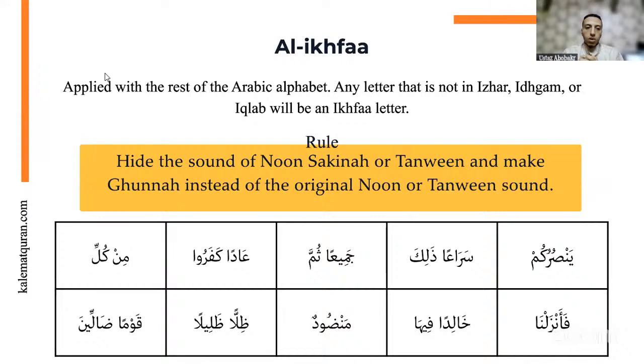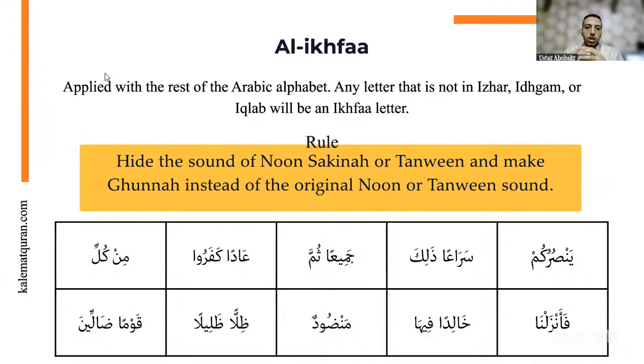If the letter is one of the rules that we previously mentioned, like a letter of idhar, one of hamza, ha, ayn, ha, ghayn, kha, then we do idhar. If it's iqlab, which is the letter ba, we do iqlab. If it's idgham, one of the letters of the word yarmalun, we do al-idgham. Any letter other than these, including all the rest of the Arabic alphabet, we do al-ikhfa to it.